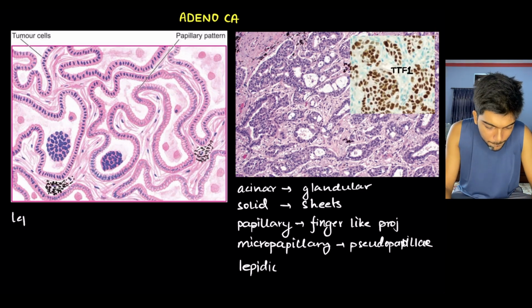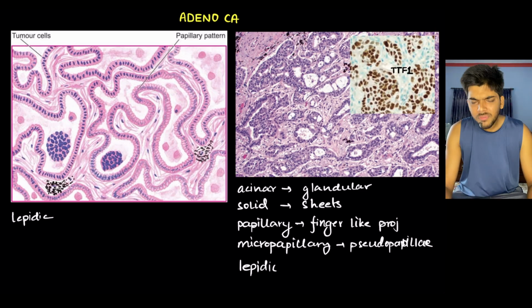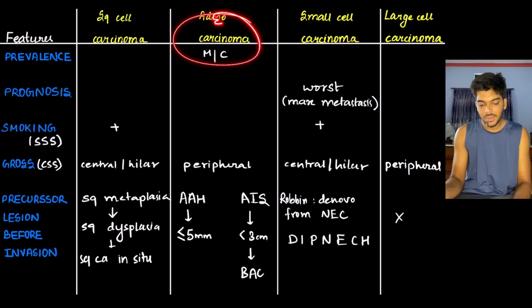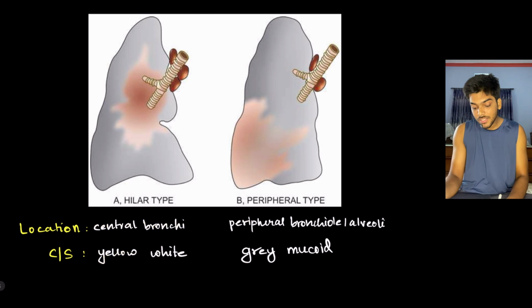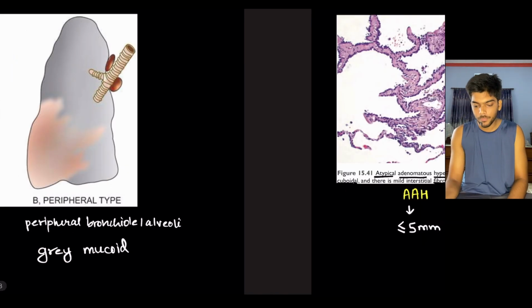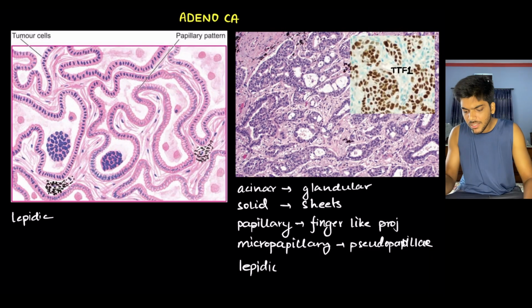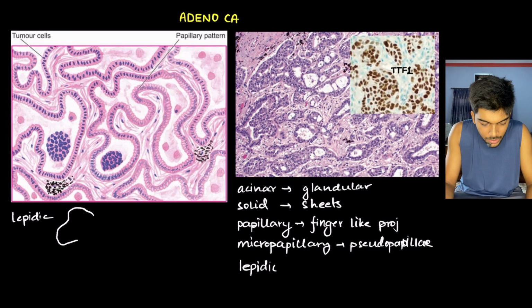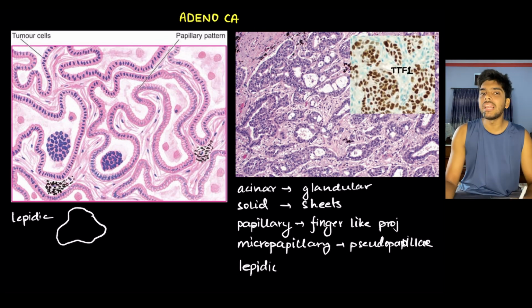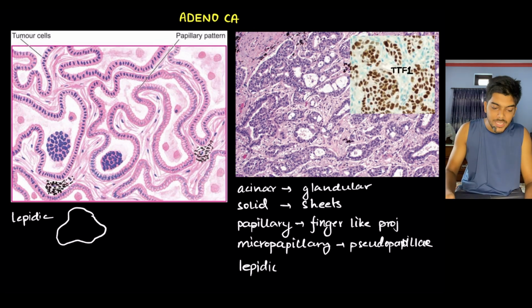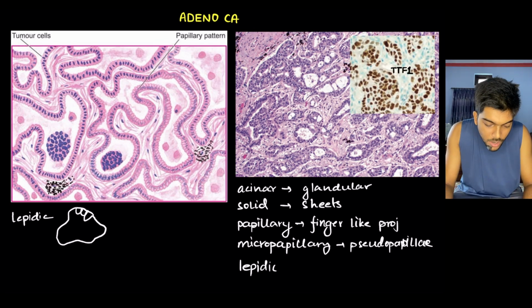Lipidic pattern. Okay. See, very first I taught you that adenocarcinoma is which type? It is a peripheral type. That means it arises from peripheral alveoli. So the tumor is arising from alveoli. So the lipidic pattern is obviously gonna be in alveoli as well. Your alveoli is normally lined by squamous epithelium. However, in adenocarcinoma, that squamous epithelium is replaced by cuboidal to columnar epithelium, and this is referred to as Clara